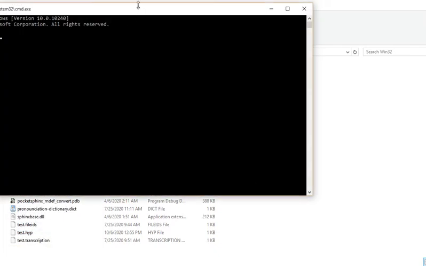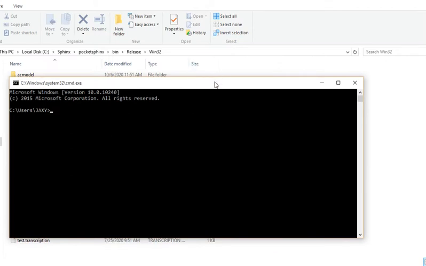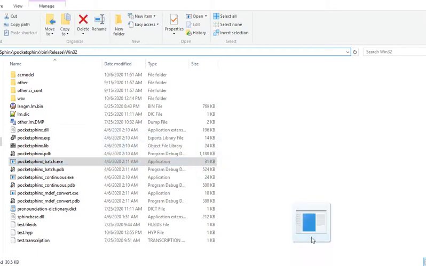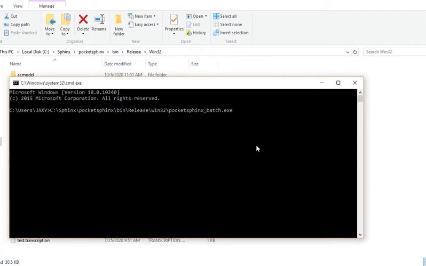Let me open it, and now you have to open it by using the path. You can just copy this file path, and after this put a slash after it and use the name of the file, or you can directly drag the file and drop it into the cmd, and it will add the path of the file. Now you have to use the cd command. If you know the cmd well, cd is used for change directory, and it will change the directory to this current folder.